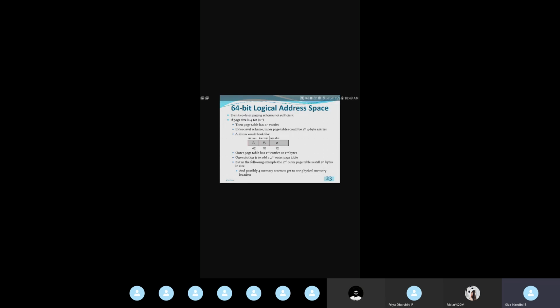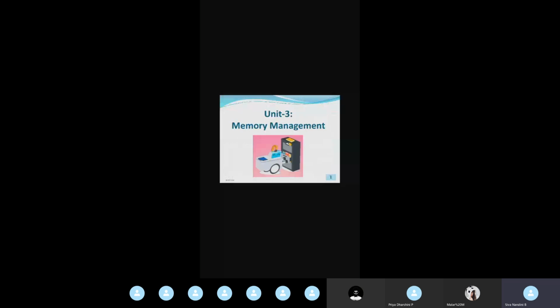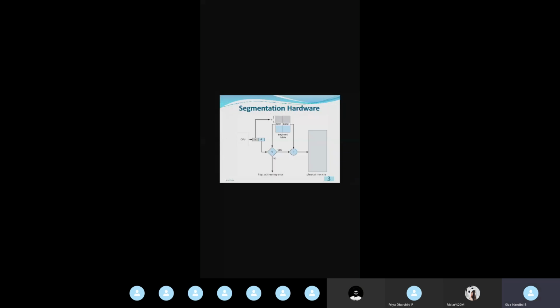So with this, in the next class we will see the hashed pages and inverted pages. So we will have a quick recap of what we have seen in today's class. In today's class, we have seen about segmentation. In segmentation, we are using a two tuple, that is segment number and offset. Using this only, we'll be obtaining our physical memory address from the logical memory using this segment table.